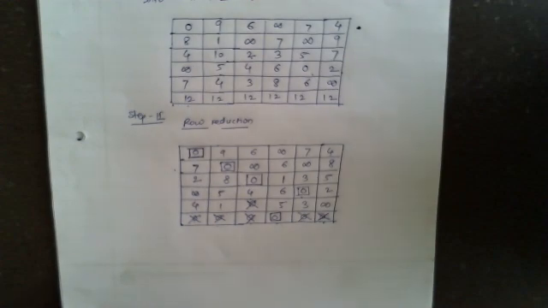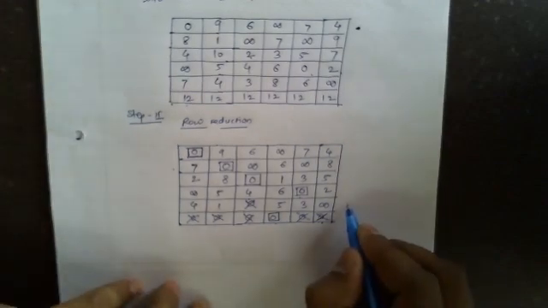Now check whether the number of allocations is equal to the number of rows and number of columns. No, because we are having 5 allocations and there are 6 rows and 6 columns. So what is the next step? We have to check in which row there is no assignment. In the 5th row there is no assignment, so I will put a tick mark at that particular row.